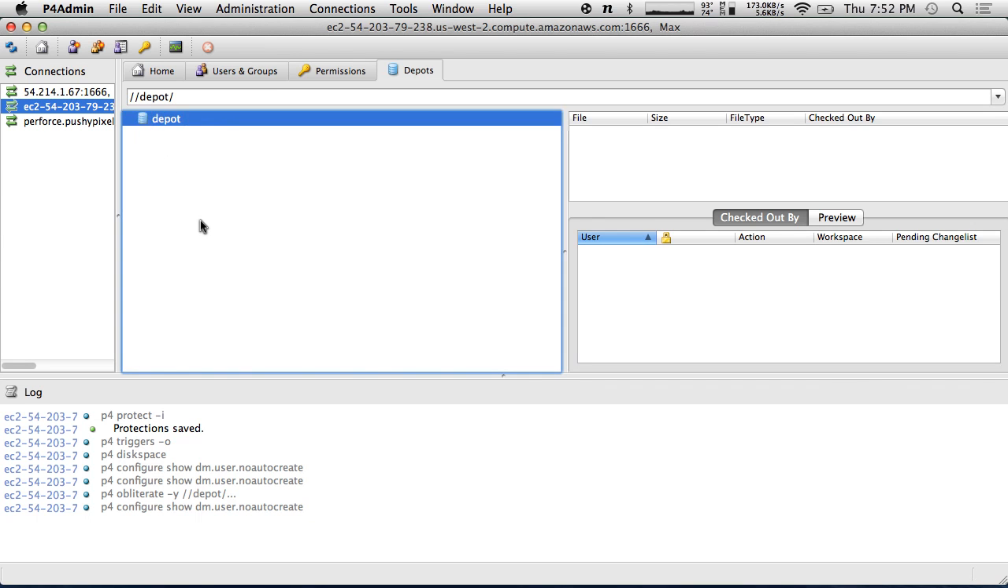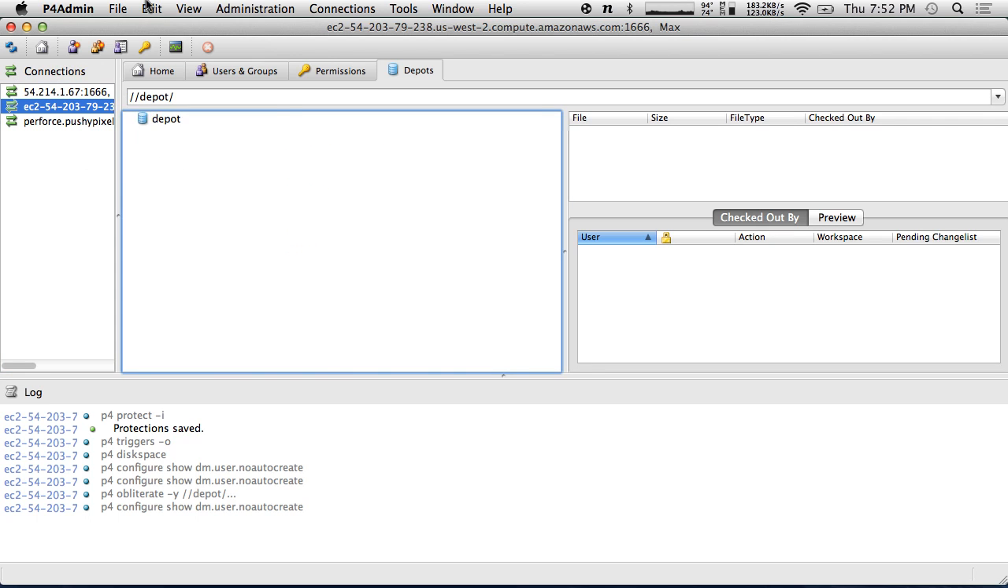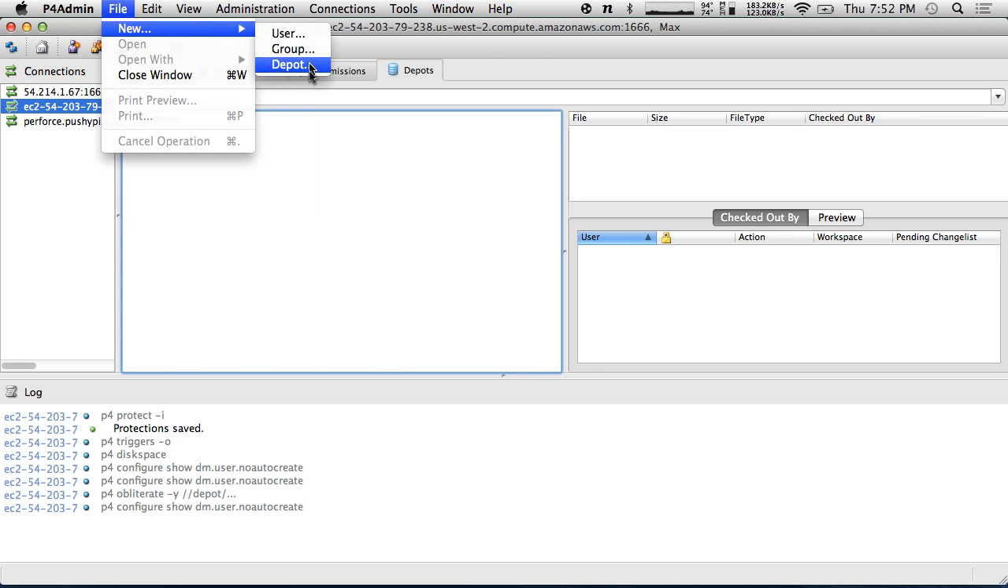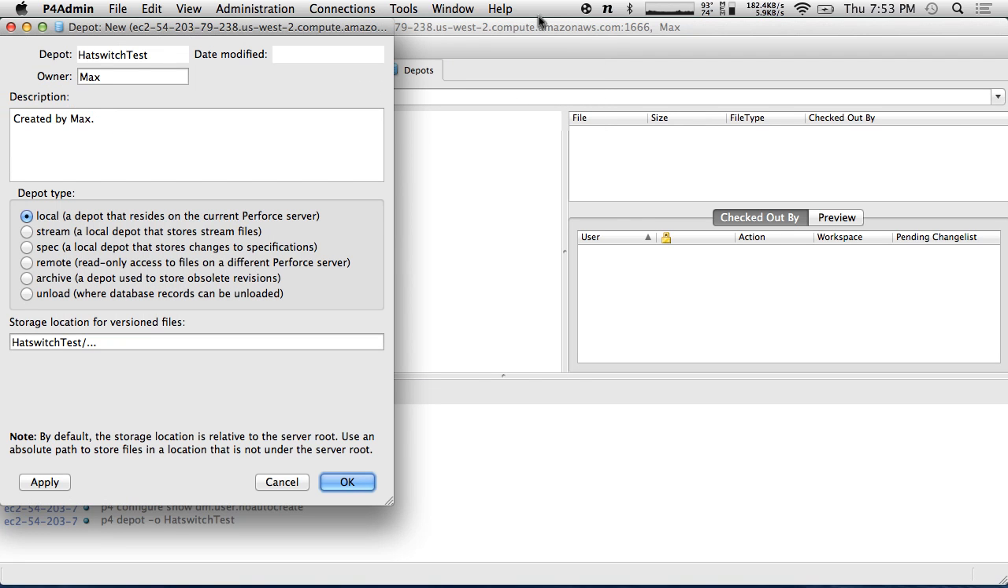And so I'm going to now create a new depot by going to File, New Depot. And let's call this HATSWITCH test. So what you're going to do is create new depots for new projects. You want a depot per project or per project category. Some people like to do subdirectories in depots, and that's fine too. I usually like to do a separate depot for each project, especially considering the new version of Perforce free edition